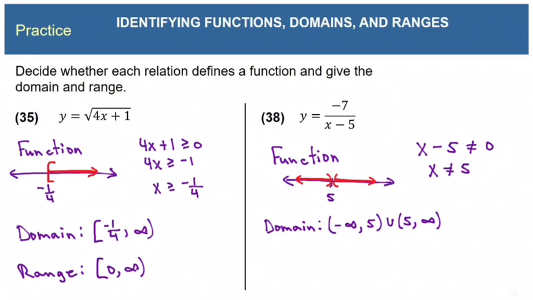Now let's do range. Just like the last rational expression we saw, we can get any number we want out of this expression by choosing an x that's either very close to 5 or very far away from 5. The only number we can't get here is we can't make the top equal 0, therefore we cannot make the expression equal 0. So we have to leave 0 out of the range. And here we go, negative infinity to 0, union 0